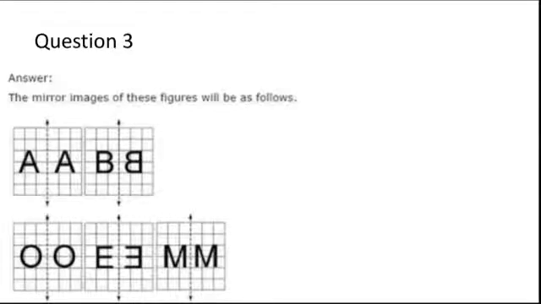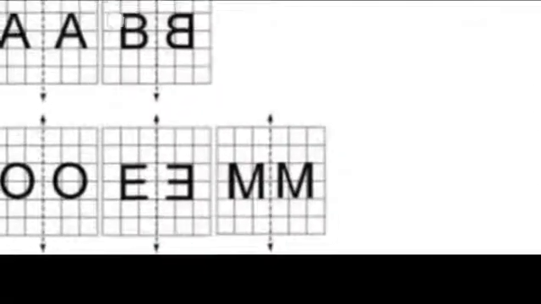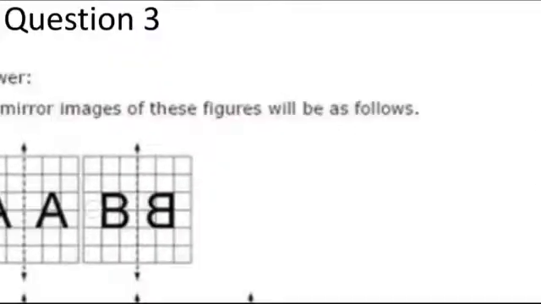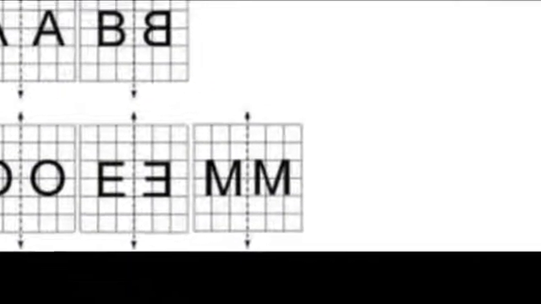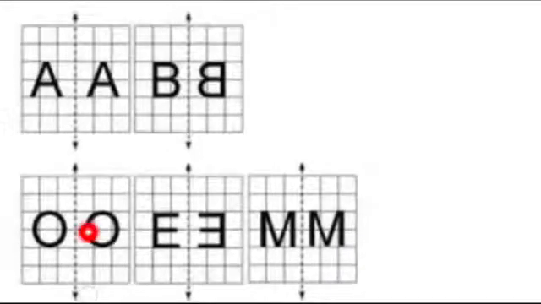Let us go for the letter O. Students, as you can see, the letter O has the mirror image exactly like O, right? Okay, students. So this is your O, and this is the mirror line. So the reflection of O is not even changed, as it was for letter A.